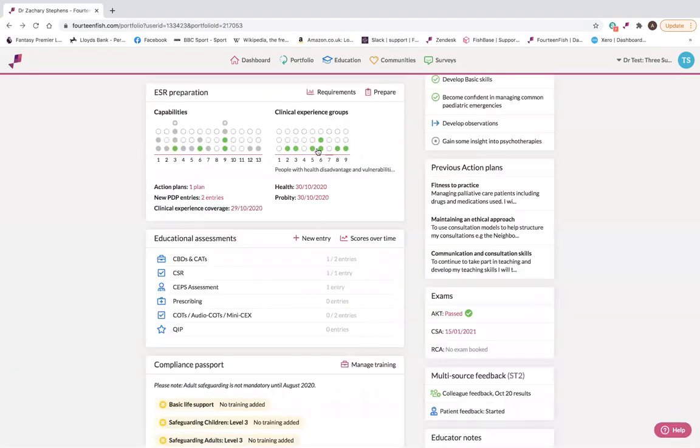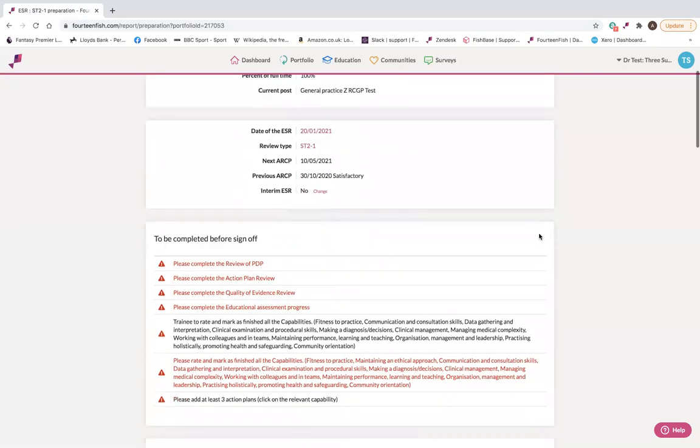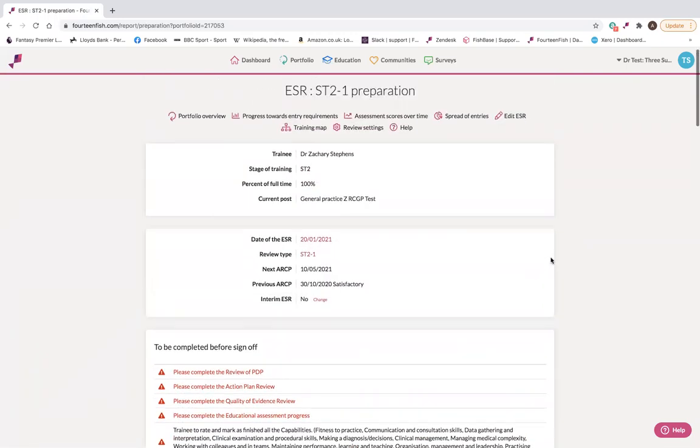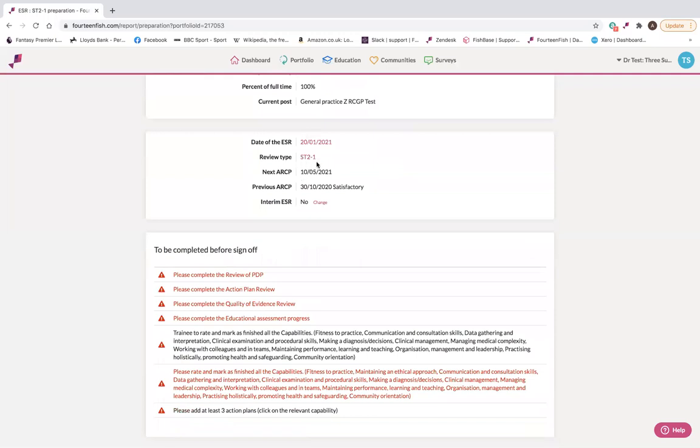Okay, so to actually get into the ESR itself, to start completing it, we click the Prepare button here. So if I just click onto that, that takes us into what is essentially the ESR form, which may be sort of familiar to you in some way, in that the information contained is sort of everything that you'd expect to see in the ESR. So if we just scroll down from the top, you can see that it obviously has basic demographic information about the trainee, their current post, their percentage of full-time and their current stage of training. We then have a date for the ESR, showing that it's the first review in ST2